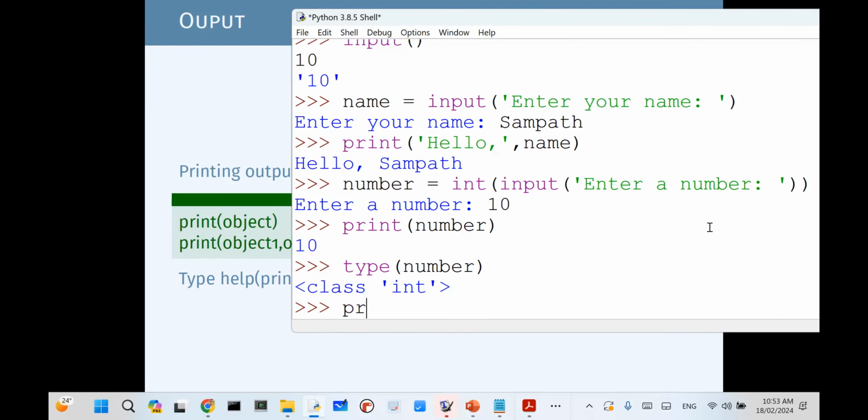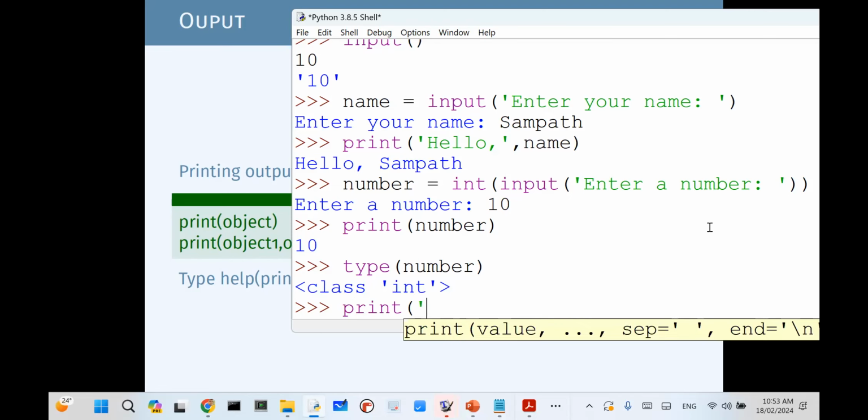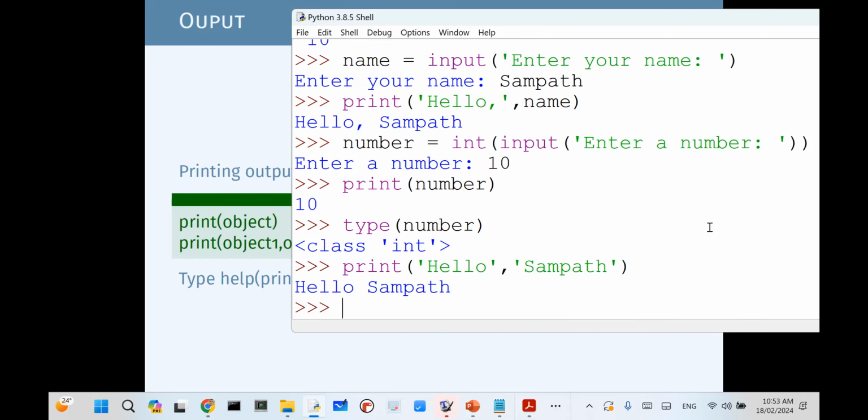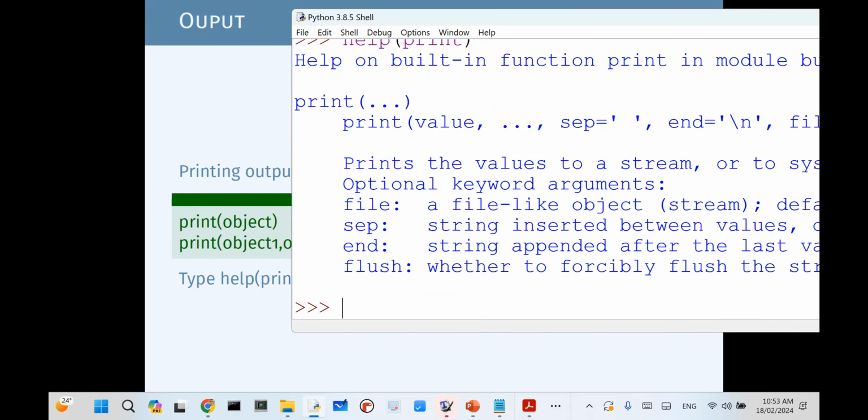For example, I can say print hello and Sampath, and it will print hello Sampath, because you can have multiple values. The comma gives you a space actually. You can use help on print, and this will tell us exactly how this works.